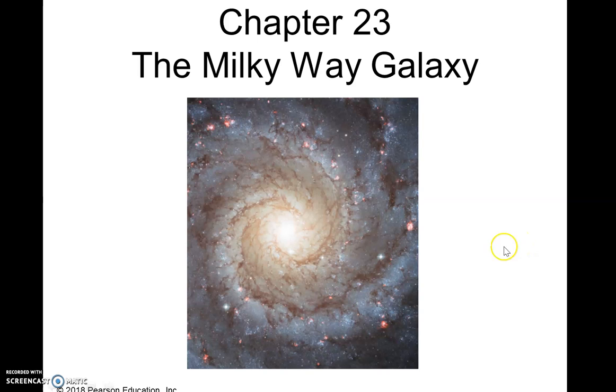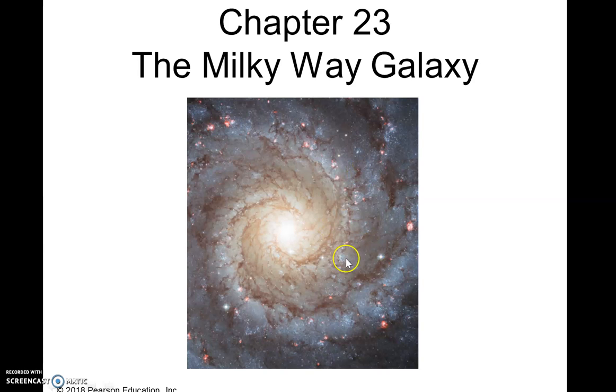Chapter 23, Our Milky Way Galaxy. All right, so this is not a picture of the Milky Way. In fact, one of the things that we're going to talk about is the fact that we can't see the Milky Way like this ever because we're part of the Milky Way. So this is just another spiral galaxy similar to the Milky Way,